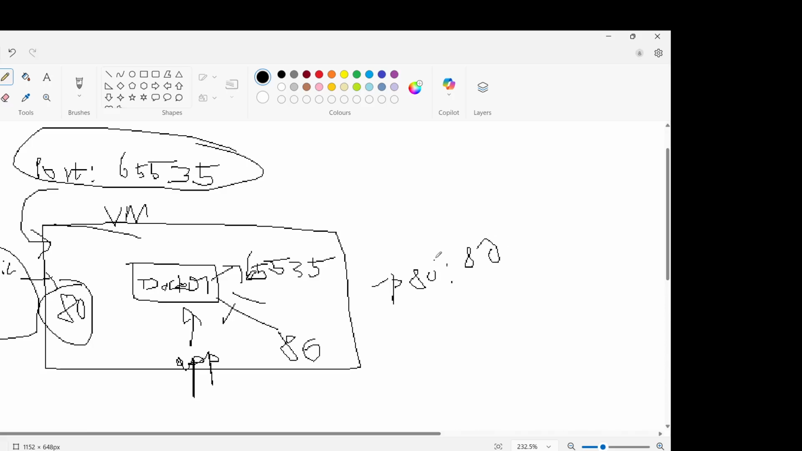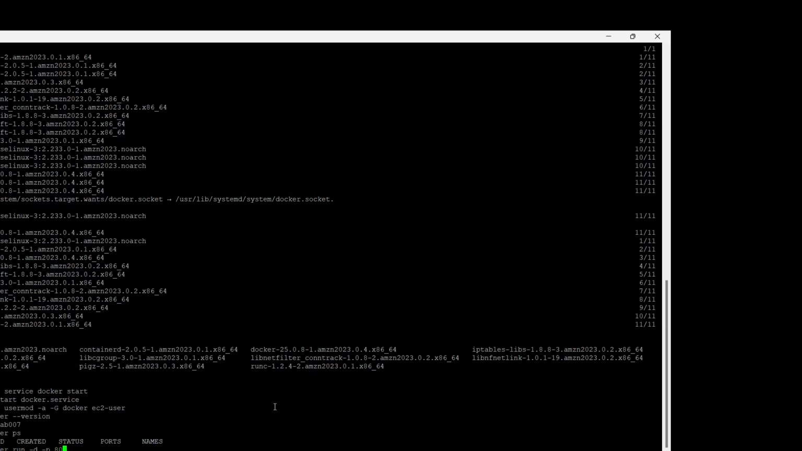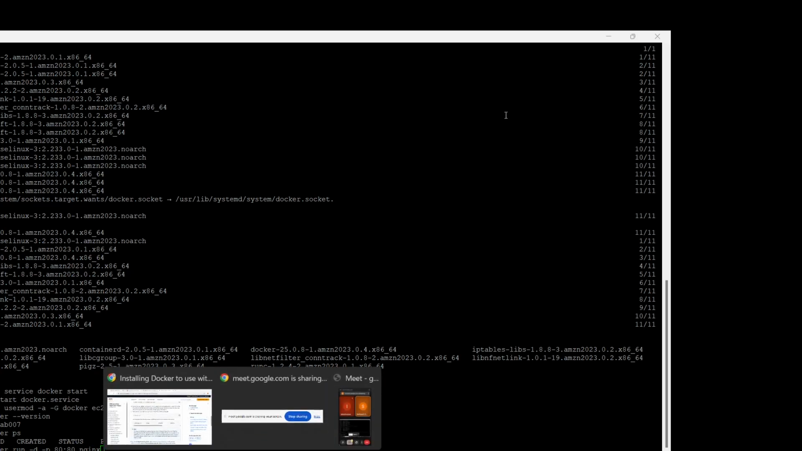This first 80 points to the physical port number, the host port of the machine. This second 80 points to the Docker container where the application is running. So if I give -p 80:80, and then I give nginx, nginx means the image name. If I go to Docker Hub,